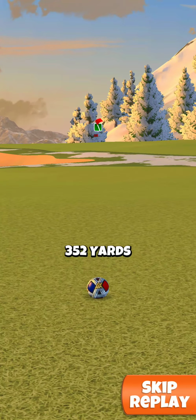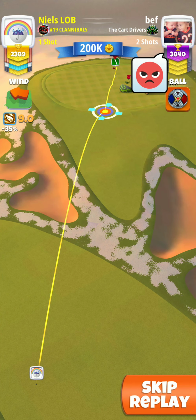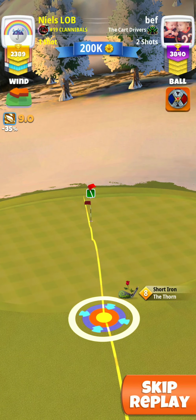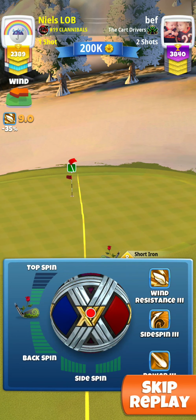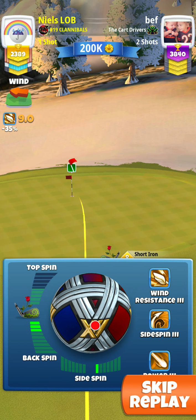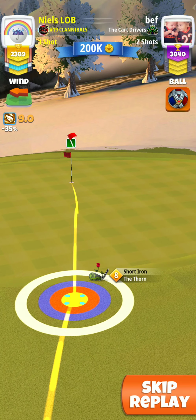There we go, 352. So if you get down there in the vicinity of 355 yards, then nearly 3 backspin, 1 right spin. Just assess where you are compared to your minimum club. Use the slider accordingly. Minus 10% elevation. I think this was about 10%